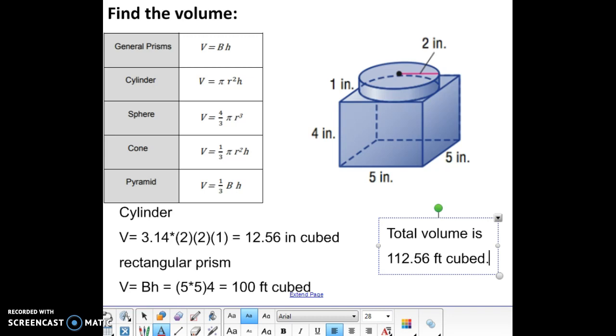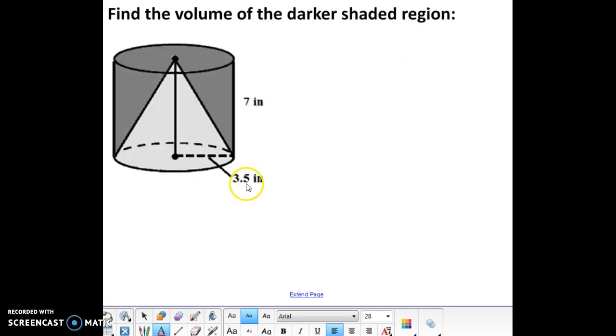Okay. Our last example is a little bit different. You want to find the volume of the darker region. So that means we're going to have to do kind of the same thing we did with composite area. Find the volume of the cylinder, subtract off the volume of that cone that's inside of it. So the volume of the cylinder